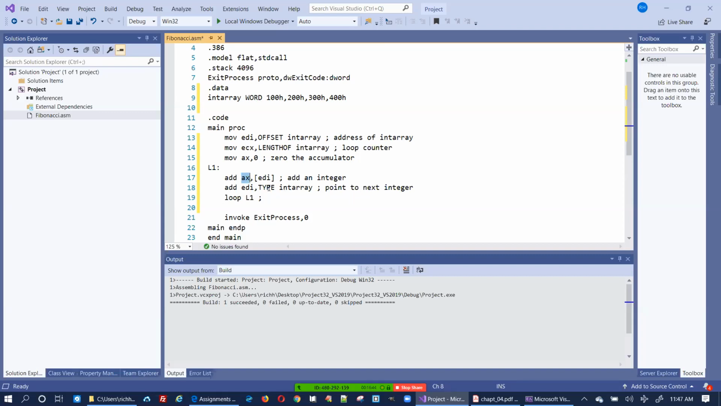And then we're going to increment the EDI register so it points to the next one. First it points to this one, then this one, then this one, then this one. So each time we're done adding, what we have to add is the number of bytes in each one of these words. So that's what this type keyword is here. It translates to 2. A word is 2 bytes,